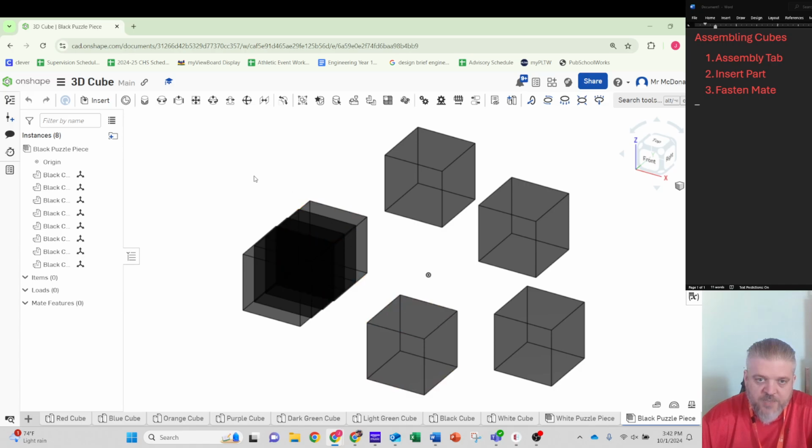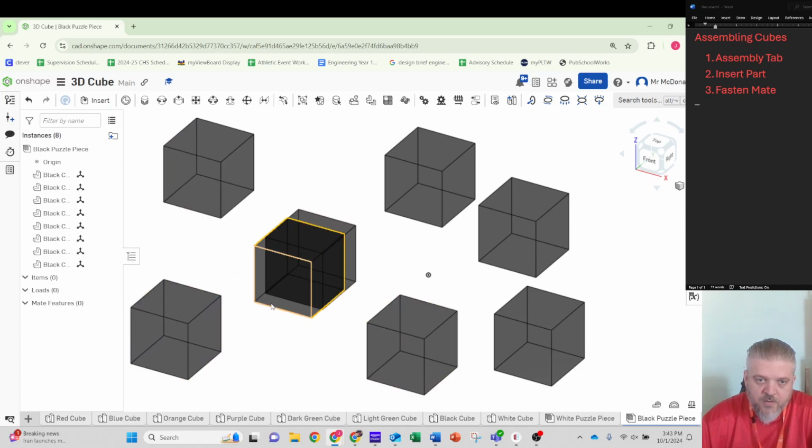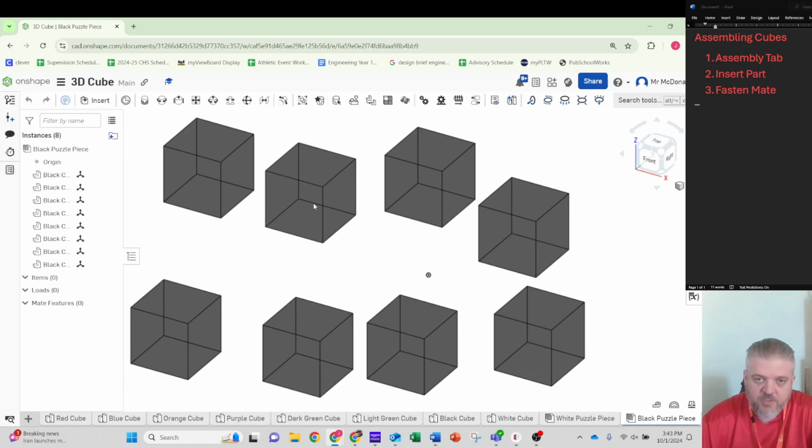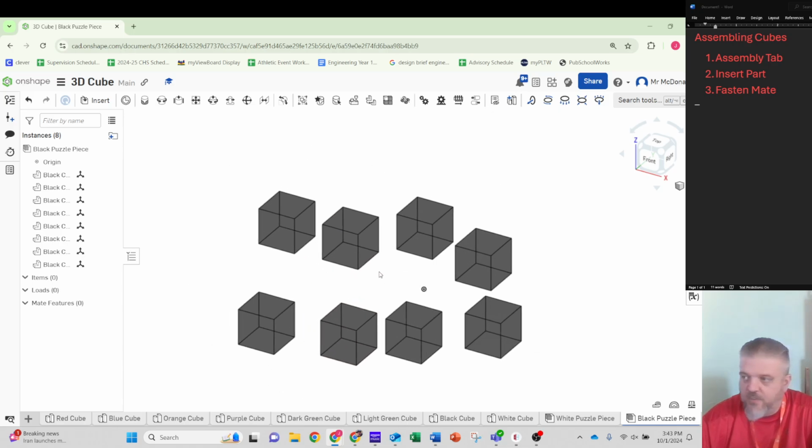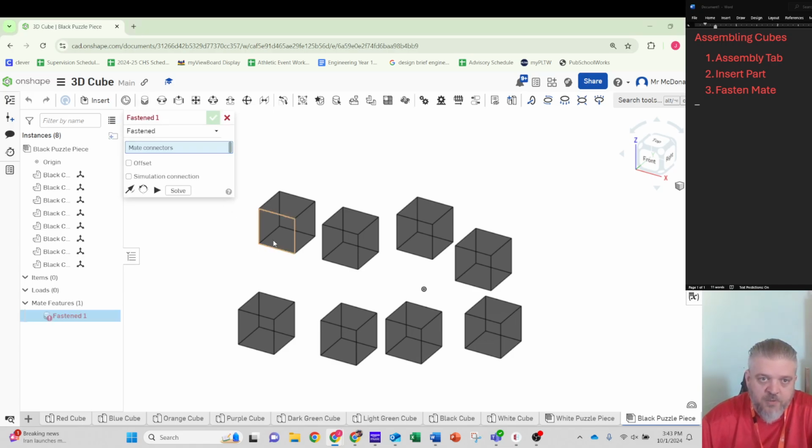I'm going to space them out some so I can see all my puzzle pieces, or all my cubes individually. And now I'm going to start working on building my next puzzle piece. In this case, my black puzzle piece is more of an L shape, so it's a 4x4 L. So I'm just going to do my Fasten Mate button, click, click,